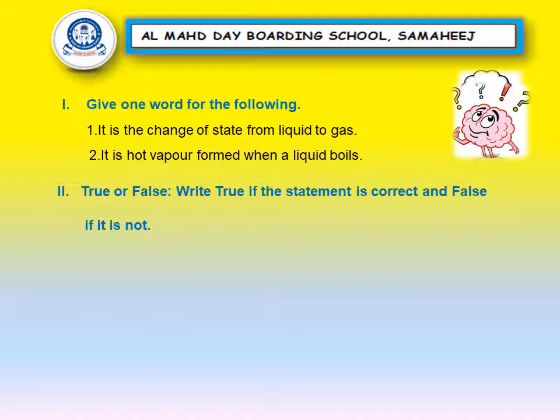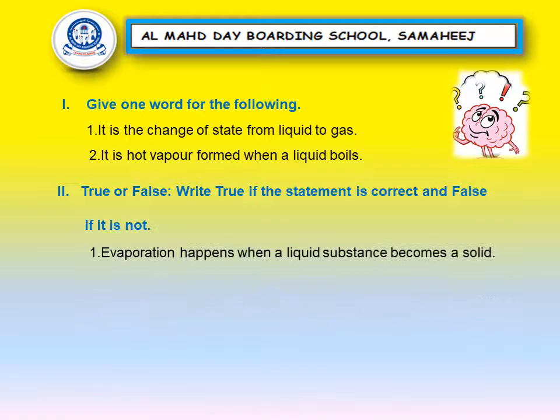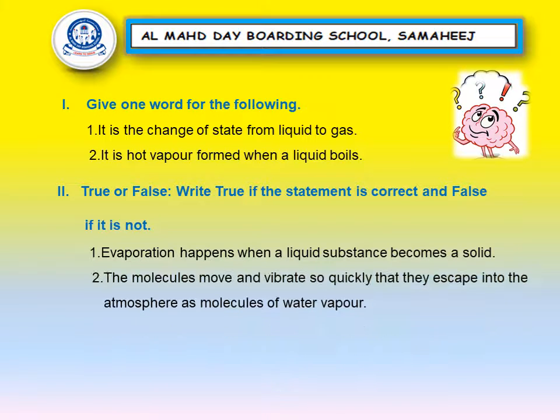Second part, true or false. Write true if the statement is correct and false if it is not. Number 1, evaporation happens when a liquid substance becomes a solid. Number 2, the molecules move and vibrate so quickly then they escape into the atmosphere as molecules of water vapor,